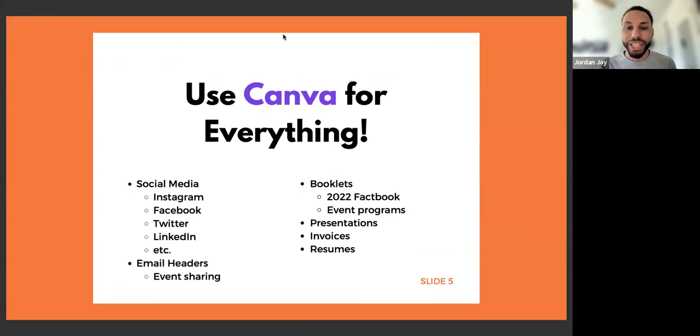So yeah, like I mentioned at the beginning, one of the best things about Canva is that you can use it for nearly everything. And they're coming out with new capabilities all the time.